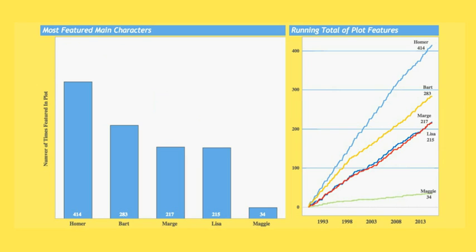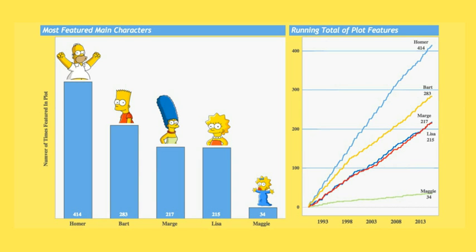If I wanted to, grew up watching The Simpsons. If I wanted to see that, I could show episodes with different characters. Why wouldn't I show the characters? There's Homer at the top with his big woohoo moment, right? There he is. Most episodes featured Homer than any other character there, right?